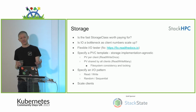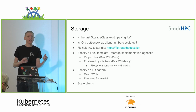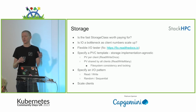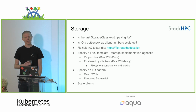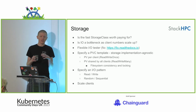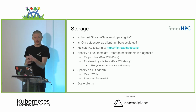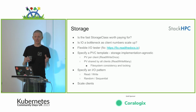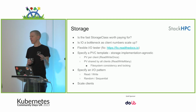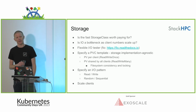The way that we implement this in kube-perftest is you specify a PVC template, which makes it storage implementation agnostic. As long as Kubernetes can address your storage, you can test it with kube-perftest. And we do this in a couple of modes. You've got the ReadWriteOnce type storage classes where you get a PV per client pod. And then you also have a ReadWriteMany mode where you have a single PV shared by all of your client pods, which brings in a whole bunch more interesting file system consistency and locking behaviors